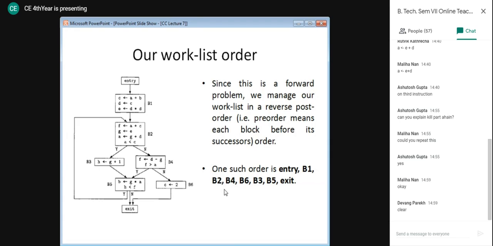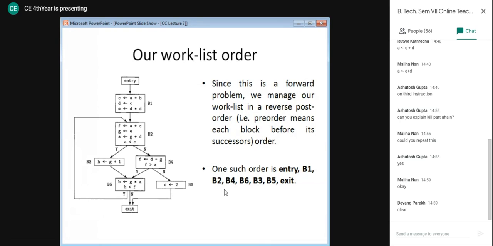When we compute entry, there is no predecessor, but for B1, the predecessor is entry, which is already computed. Then we take B2. B2's predecessor is B1, which is already done. So this is the order we are going to follow.